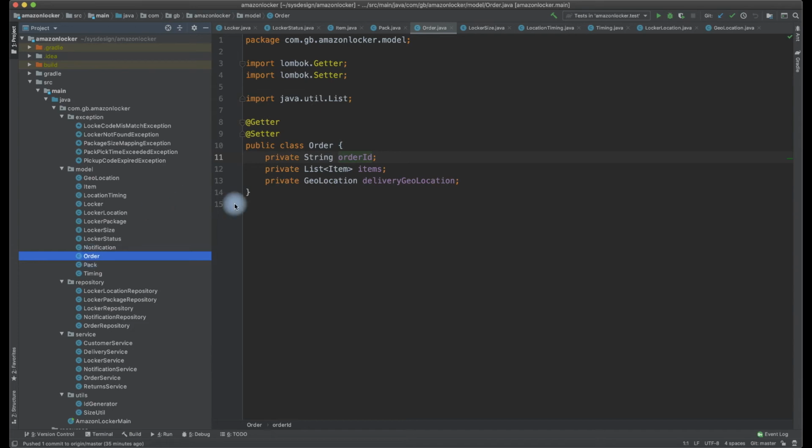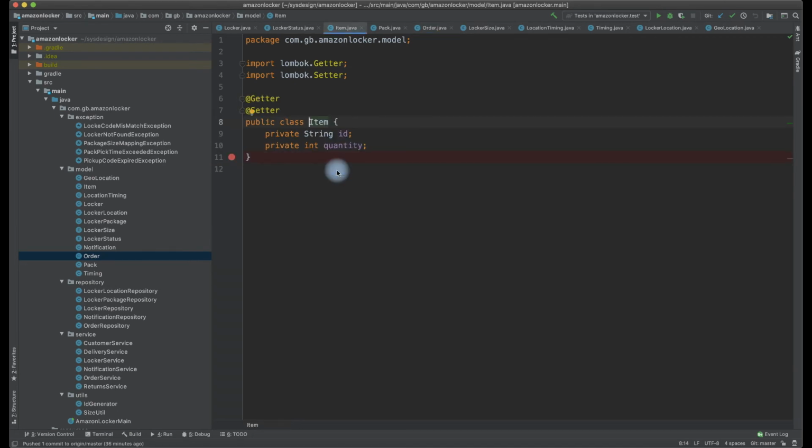So every order contains an order ID. In a real retail scenario, an order is a little complex object, but for the purpose of this requirement, let's simplify the order class with the attributes that we are interested in for designing this locker service. An order contains an order ID, and an order contains a list of items. So that can be packed together, right? It can be one item or more items. So what are the items? An item will contain an item ID and the quantity of it,